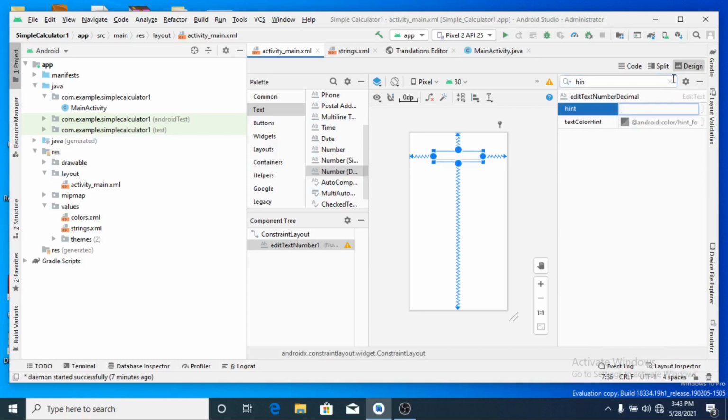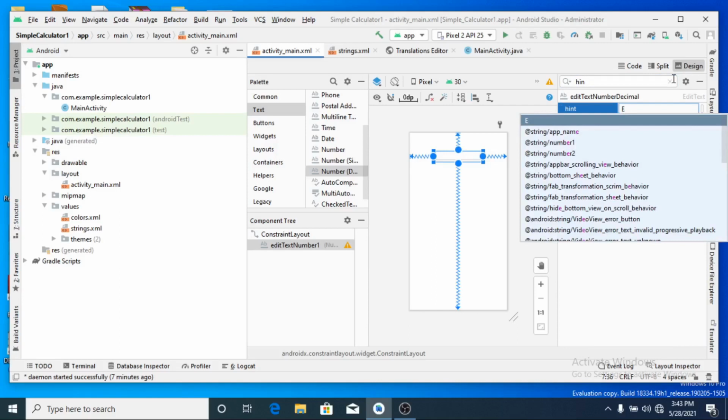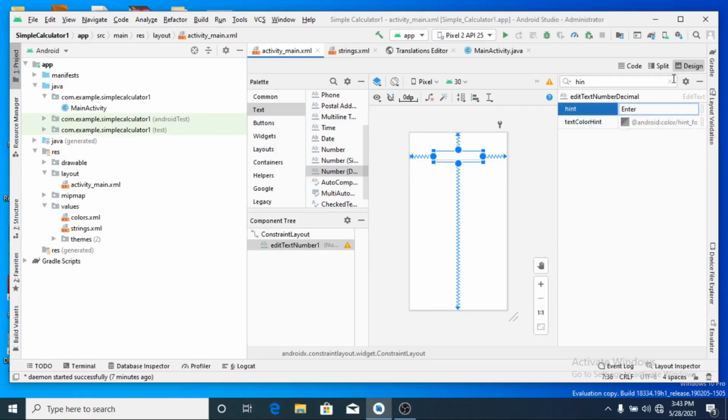Enter first number. And for this project now I just go with hard coding. That means whatever text data you have to enter, I will be entering directly into the windows here.